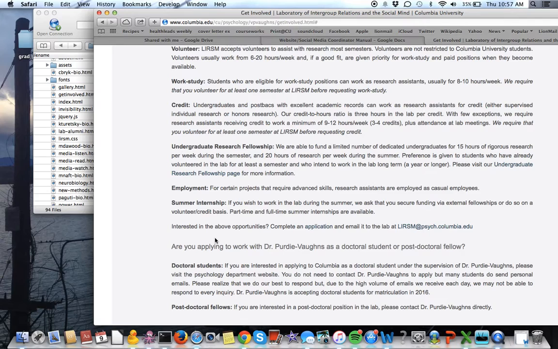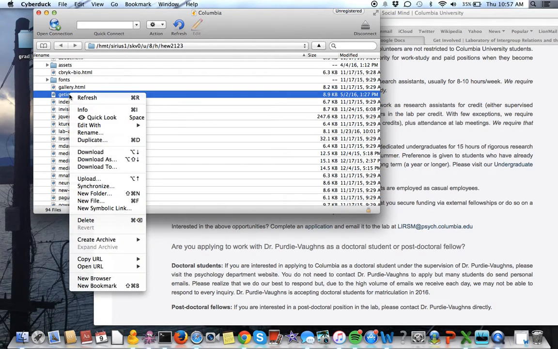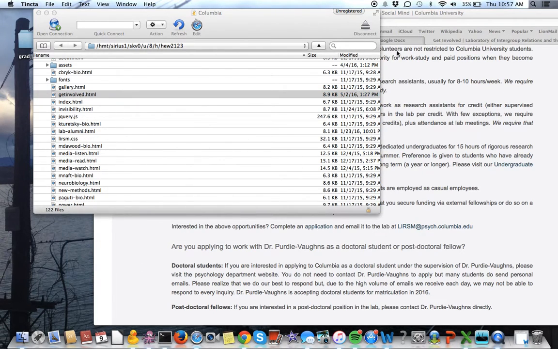So the first thing that we're going to do is go into here, and then under Get Involved, I'm going to either right click or control click, based on your computer. When I control click, I'm going to go down to Edit With, and then Tinkta. Tinkta is the text editing software, and the link to download that is also on the Google Doc. So what's going to come up then